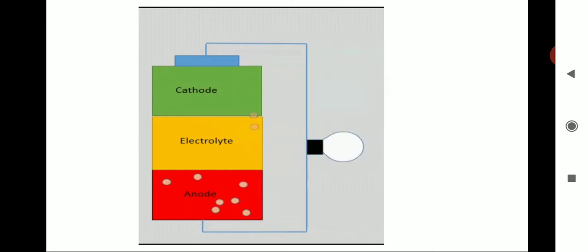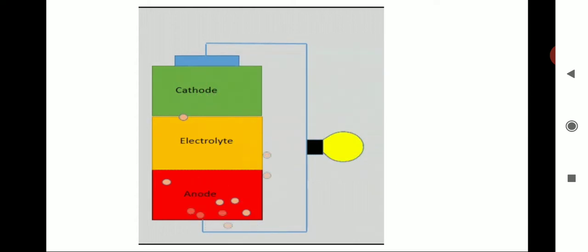Now, as I told you, the battery maintains the current. So how does it maintain the current? How is it possible? Okay, see, I'll give a small example. Like we manage our studies, right? So how do we manage our studies? By reading, learning, writing, right? That is, we do some amount of work, isn't it? And how do we do the work? How is it possible? Through energy, right? To do all this work, we need energy.